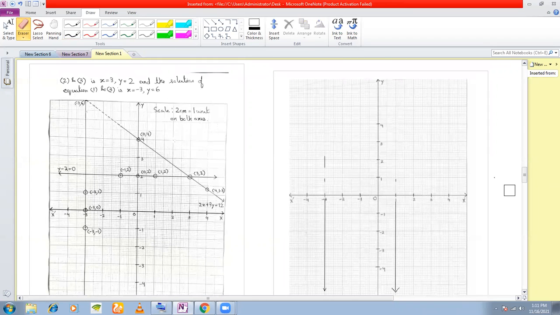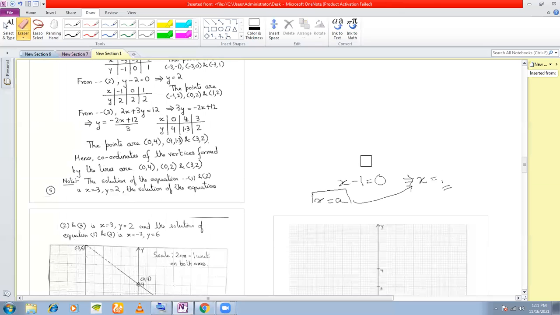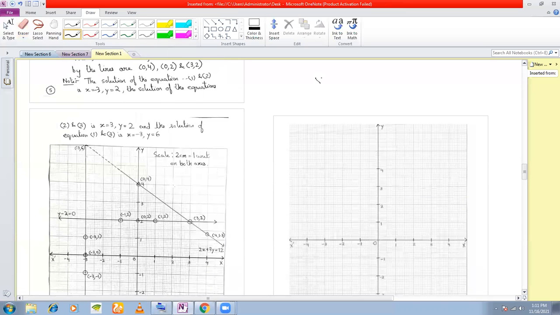Now let's see the second equation here. In the second equation given here was y minus 2 is equal to 0. If I want to draw the line y minus 2 is equal to 0, again I don't want to plot the points. So what will I do? I'll write this as y is equal to 2. And remember that y is equal to b is a straight line which is parallel to the x-axis.